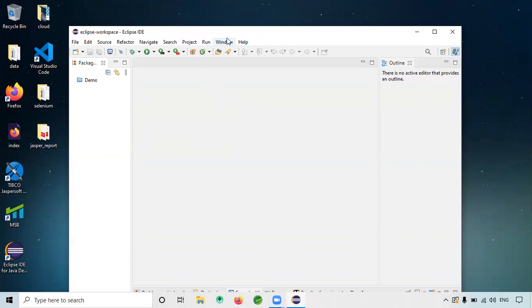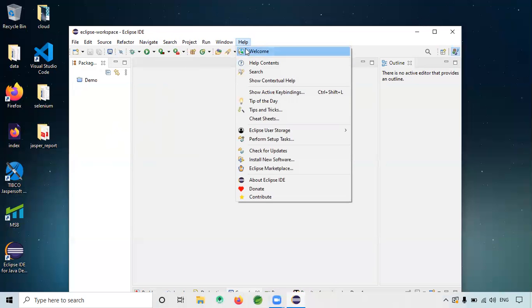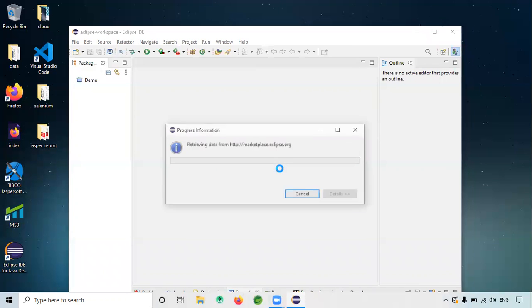Okay, so click on Help here. You click on Help, go to Eclipse Marketplace.